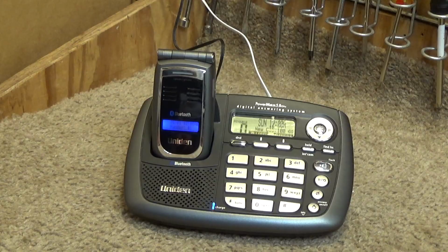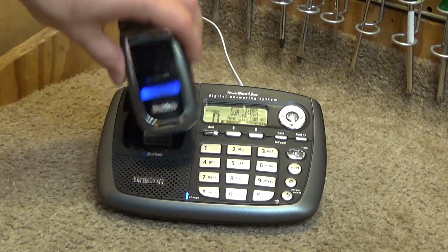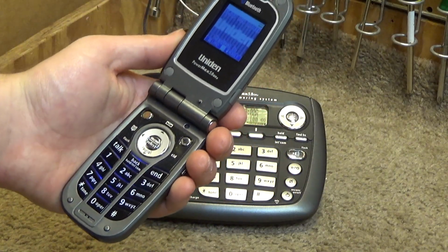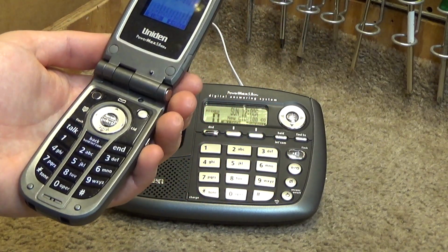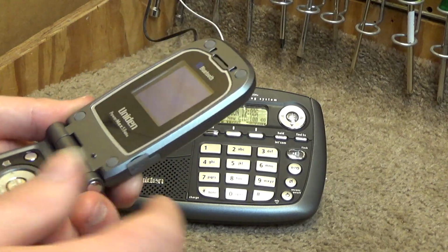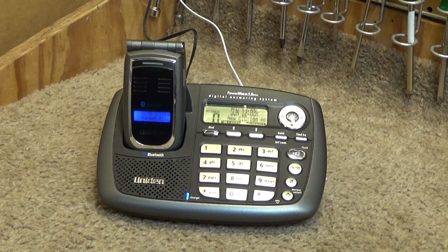Anyways, this is a 5.8 GHz true PowerMax phone, and the handset is a flip phone, which is kind of neat. This is in a lot of ways similar to that 2.4 gigahertz phone that I showed last week or whenever it was. This seems to be more common than the 2.4 one, although interestingly enough,